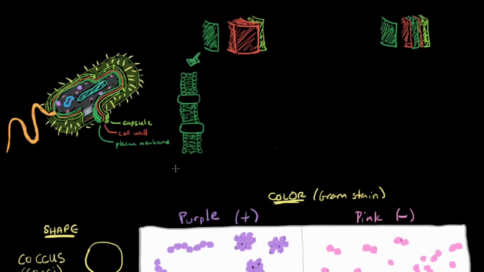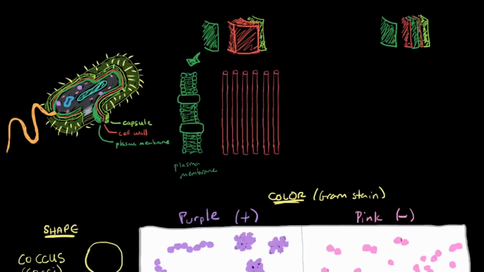And don't worry if you didn't quite catch all of that right now, because we are going to draw them and really zoom in so you can see. Here is the plasma membrane, and remember that it's just a lipid bilayer with some integral membrane proteins, which are drawn here in the little blocks. And the unique bit is this really thick peptidoglycan layer. I am just going to write this out so you can see it.